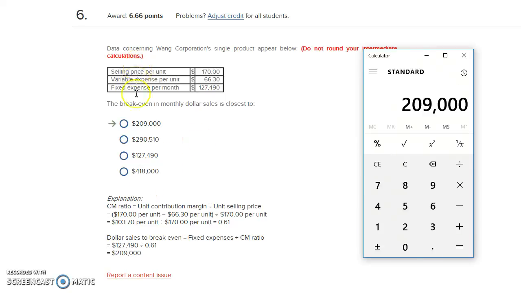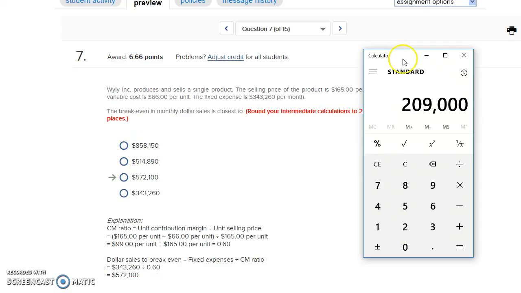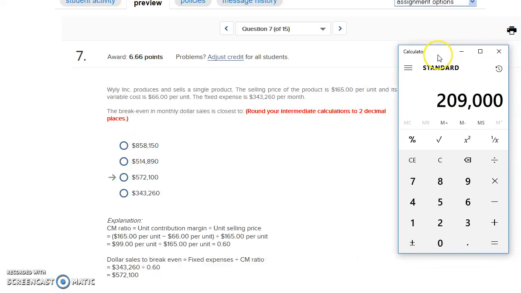So our revenue is going to have to be $209,000. Okay, so for this one, again, we're going to do the same thing. We sell our item for $165. It costs us $66 to buy whatever it is. Our fixed expenses are